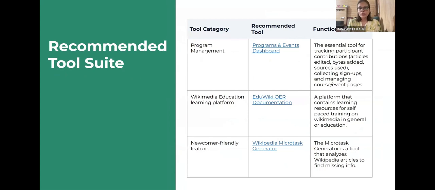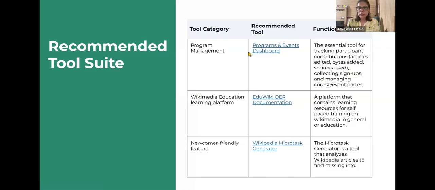For example, for newcomers, there are features like the Newcomer Homepage, and there is a microtask generator help, which extends support to participants to take their initial steps by suggesting simple, meaningful edits, by creating a list of articles that need modification, and you can simply use that tool to identify those pages needing modification, which for a newcomer is very helpful.